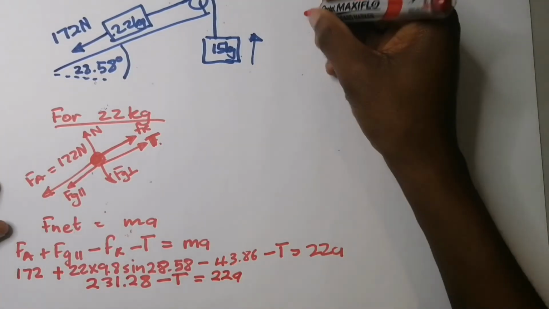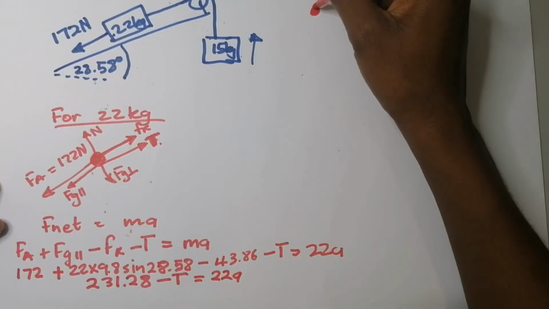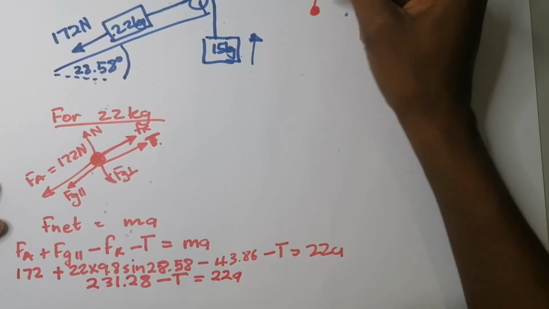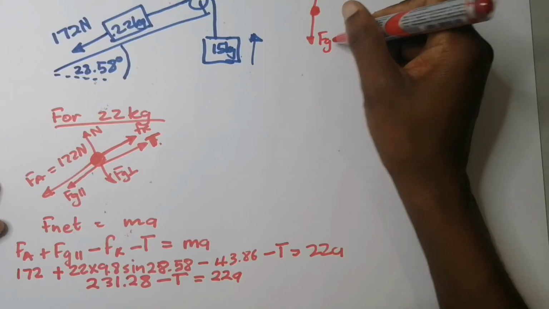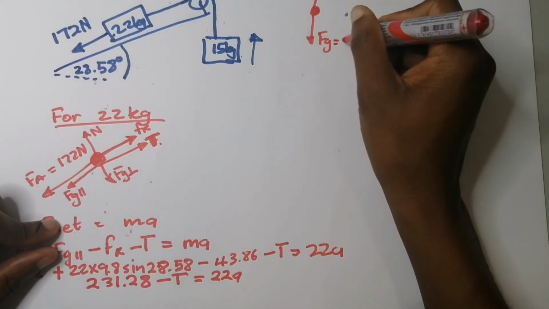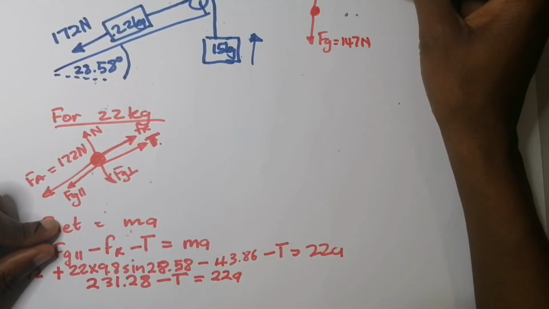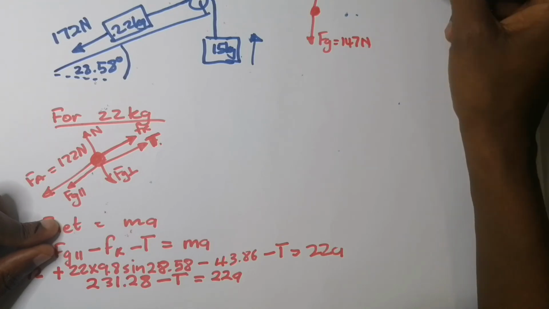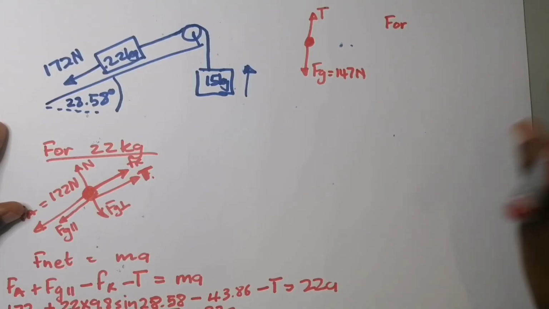Now, then we can quickly jump to the other one, which is the 15 kg block. All right, the forces acting on it are going to be the tension and the gravitational force. Okay, and we had already calculated it. That was 15 times 9.8, and it was 147 newtons. So now we can say, well, for the